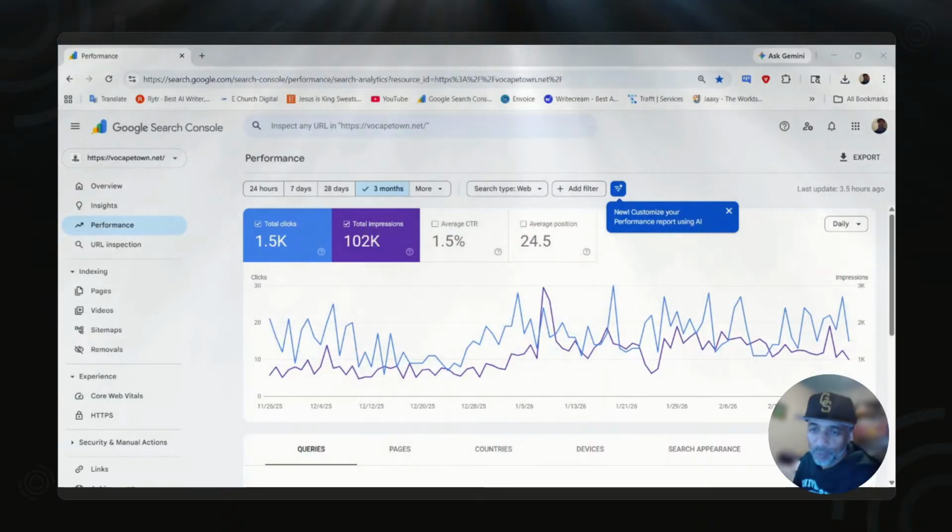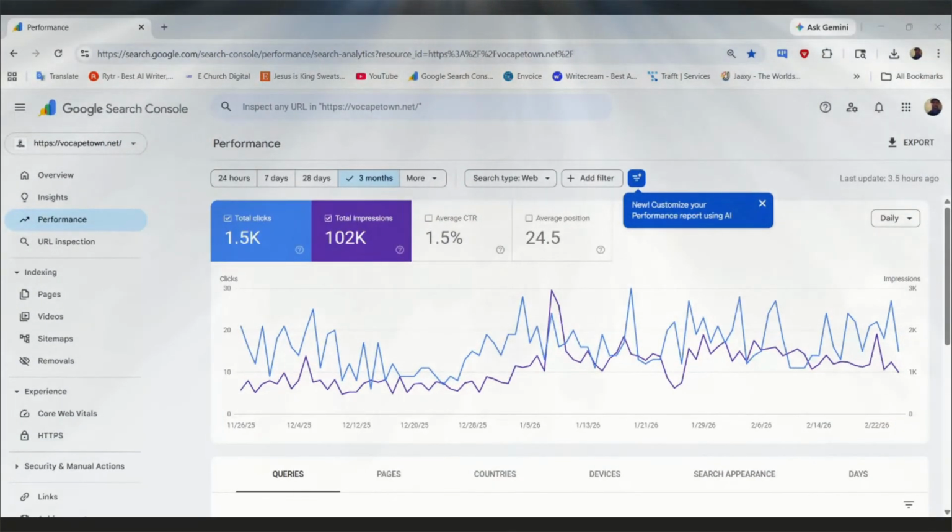Today, I want to answer the question: does your church need a website? I'm going to show you real quick why you need a website for your church, and then I'll let you go. So as you can see right here, this is our Google Search Console. Right now, here's the thing: you will not have access to this unless you have a website.